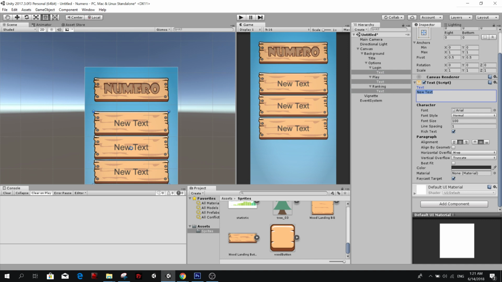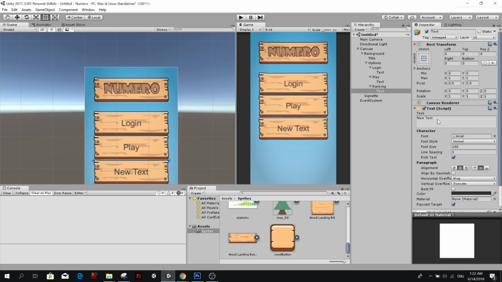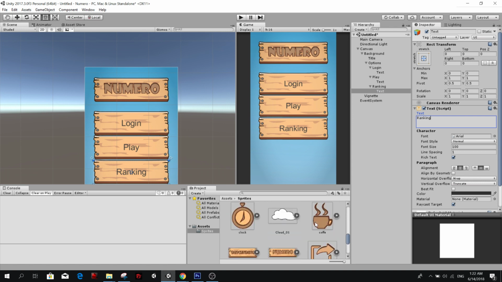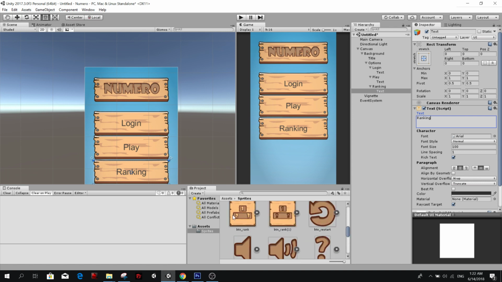So first one should be log in. If we log in, then it would just say our username. Then here is play. We'll change that for another icon later. And here is the ranking. We actually had a ranking button, if I remember correctly. This one.